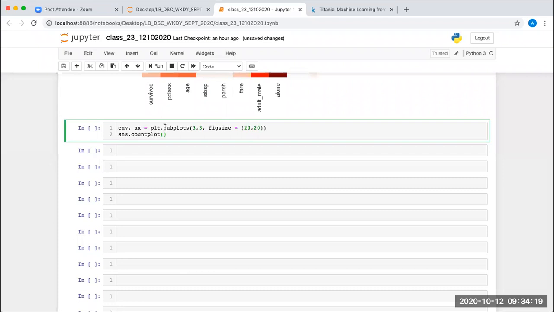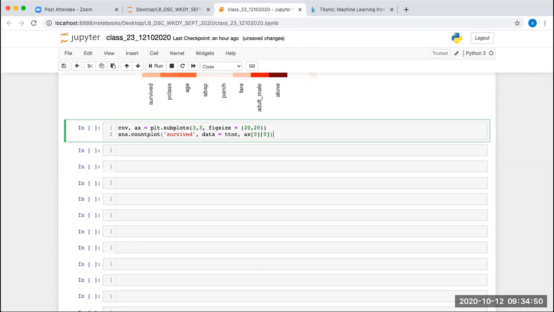To this count plot we pass the column which I want to count. So I want the survived column. The survived will be coming on the x-axis, and count will be coming on the y-axis. Now which data am I passing? Data is equal to titanic. Next, I'm going to print it into which? In the first row, first column, that will be basically 0 comma 0. So I'll be writing ax of 0, 0.